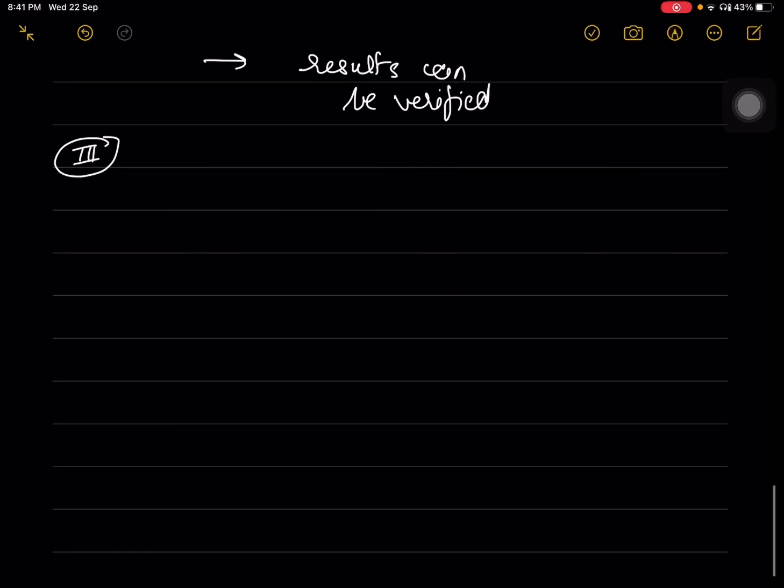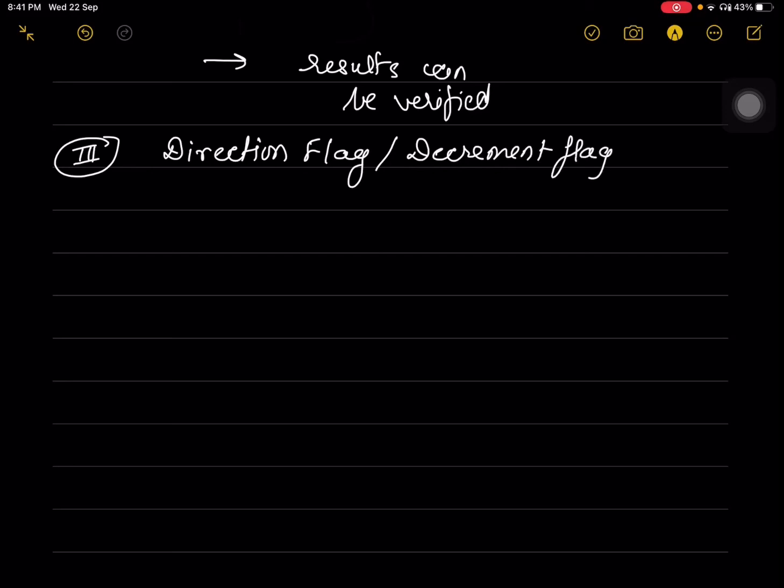The third and the last flag is the direction flag or DF, also sometimes called the decrement flag. The direction flag or decrement flag is related to the string instructions of microprocessor.